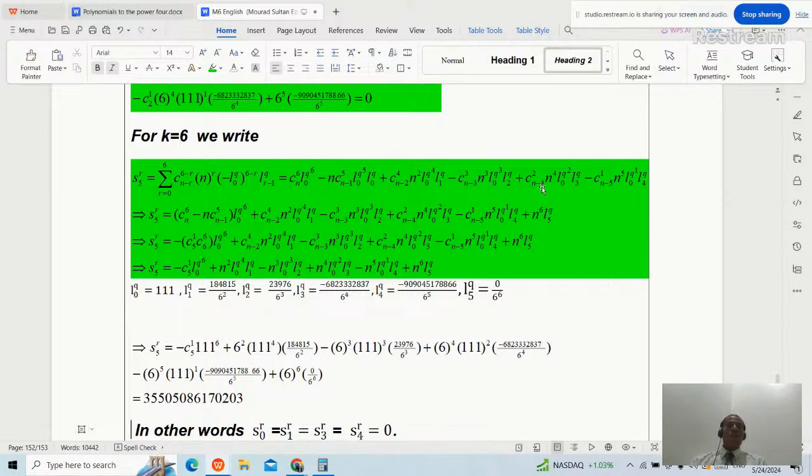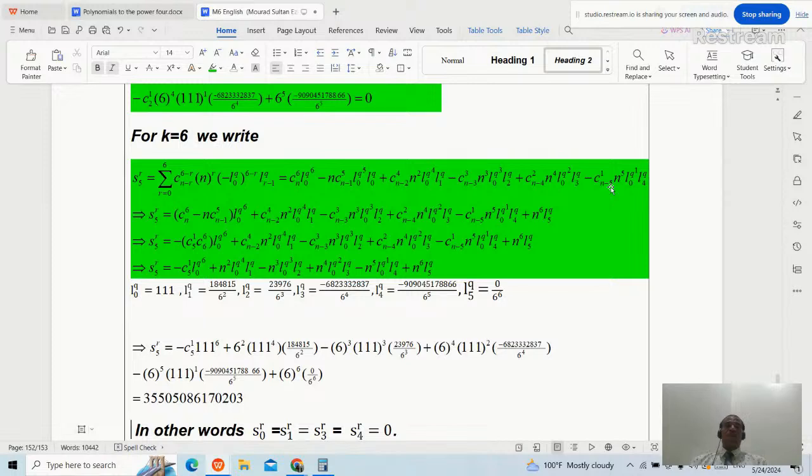plus combination n minus 4, choose 2 because r is 4. 6 minus 4 is 2, and n minus 4 is written as it is. N raised to the power 4 times L0 of all the q raised to the power 2 times L3, because 6 minus 3 is 3, of all the q, minus,